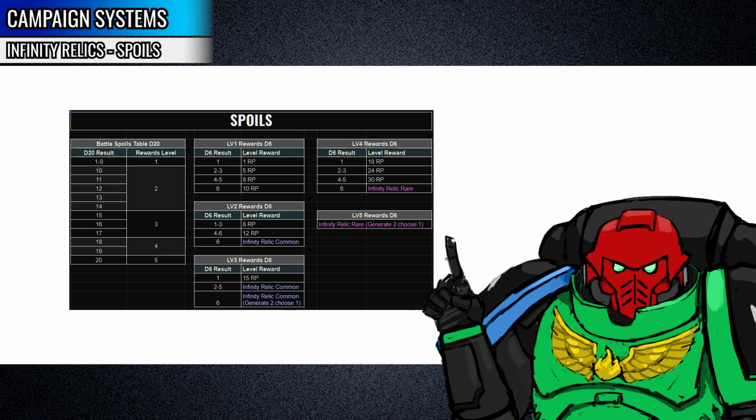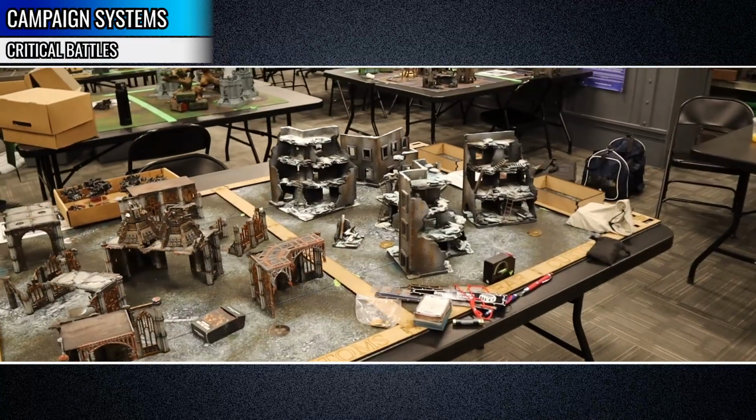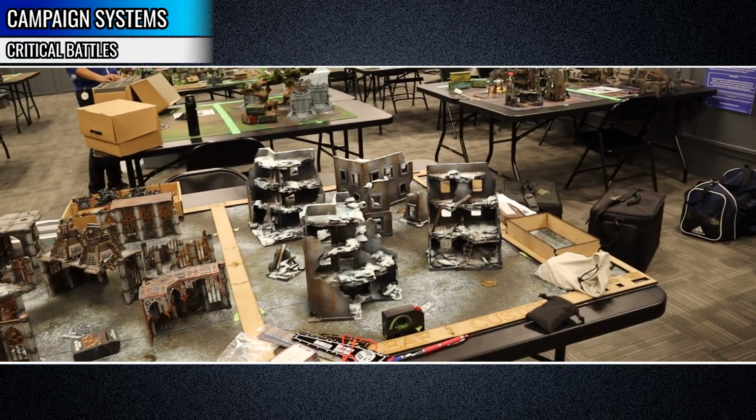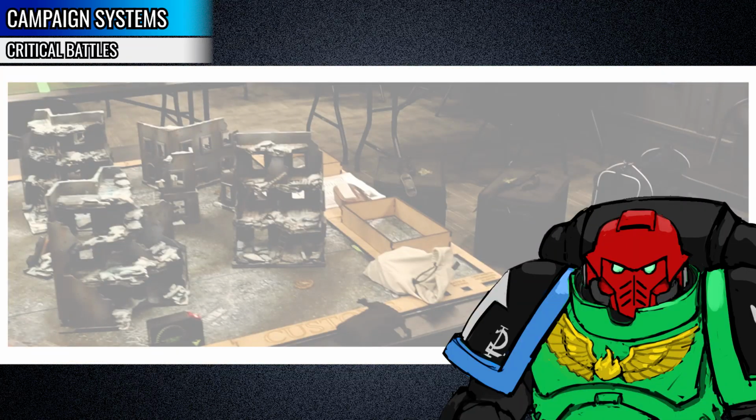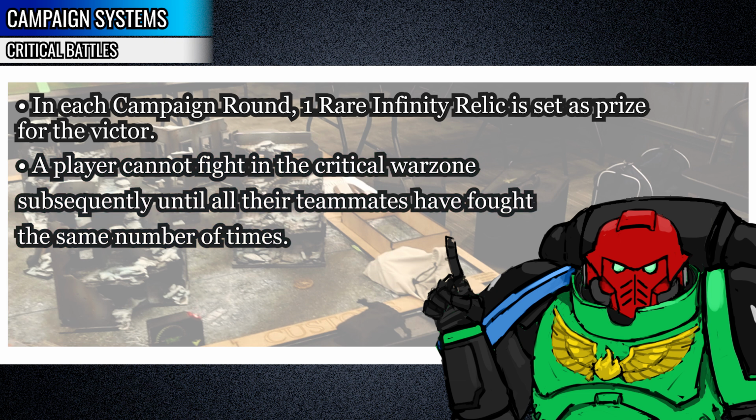The final pillar of the campaign system is the Critical War Zone. In each campaign round, one battlefield will be designated as the Critical War Zone. What makes the Critical War Zone unique is that in each campaign round, a rare Infinity Relic will be held as its prize. The player who wins that battle gains that relic,